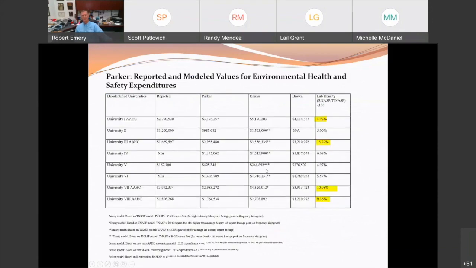So now this is Seth Parker's project here. We revisited some of this data. What I want to pay attention to is how tightly this dispersion is for lab density. This is the research square footage divided by the total institutional net assignable square footage. And look at that, it only ranges from like 5% up to 13%. So I've become a pretty good predictor of square footage for campuses and the lab density piece. And it's a very tight range between 5% and maybe 15%. It's quite interesting there. And as you well know, for the labs, that's where you have all the exotics, radioactive material, infectious agents, hazardous chemicals, and the like.